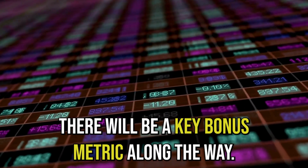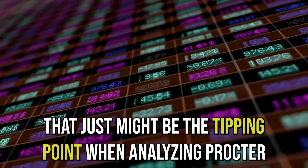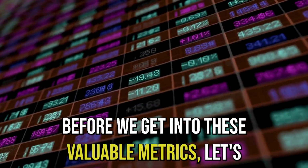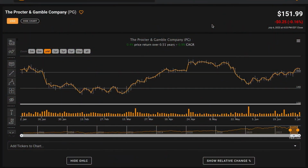There will be a key bonus metric along the way that just might be the tipping point when analyzing Procter & Gamble for your stock portfolio. Before we get into these valuable metrics, let's understand Procter & Gamble's stock performance. Right now, Procter & Gamble trades for